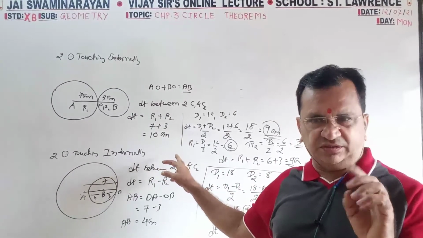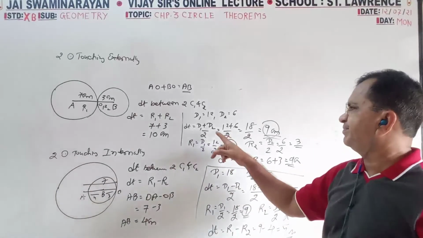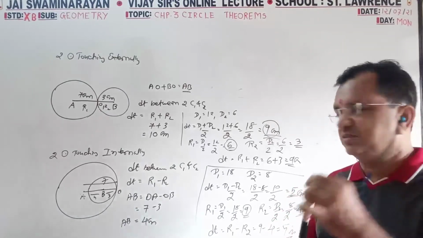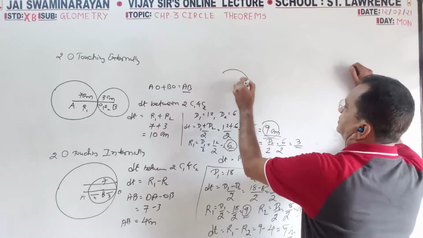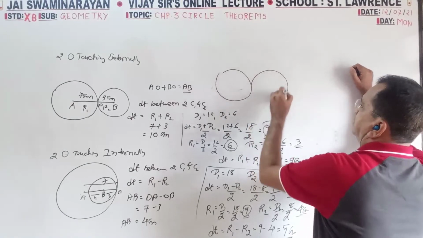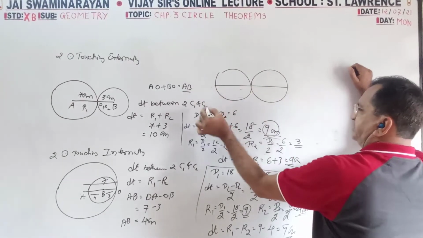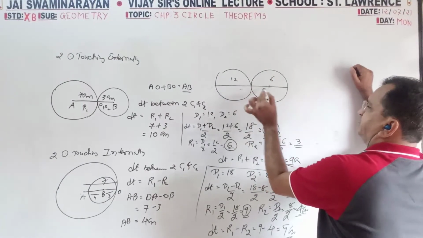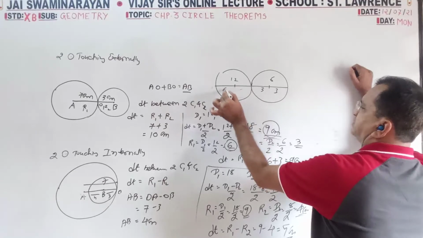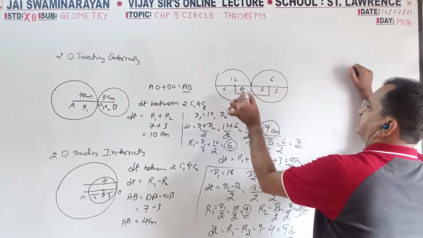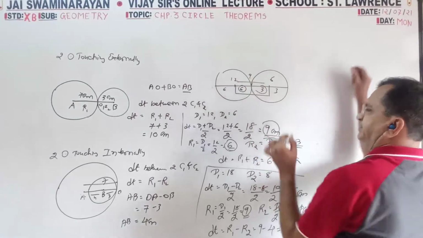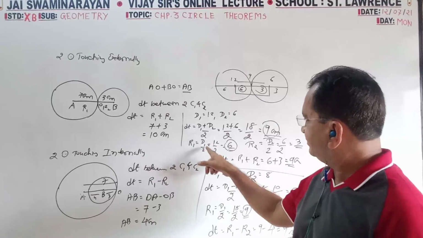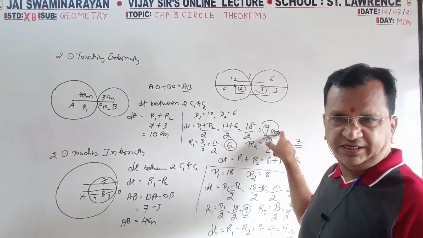That is one option. Second alternate method, diameter plus diameter. Means this diagram will be like this. This diameter is given, this diameter is given, but 6 means 3, 3, 12 means 6, 6, but we want this much distance. So you can add and then make it half. That is your distance between two centers.